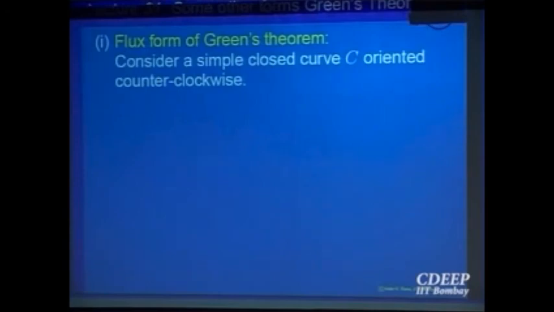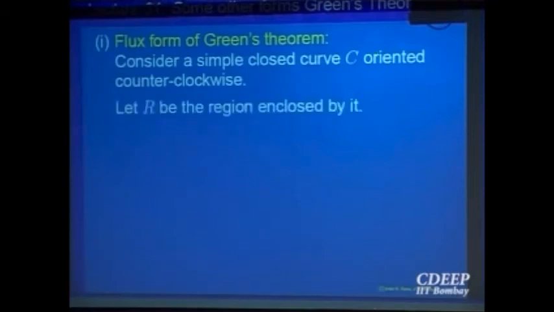I will now state another way of writing Green's theorem in the plane, what is called the flux form of Green's theorem. It helps you analyze the flux: remember, when a fluid is flowing, we computed what is called the flux, how much fluid is flowing across a curve in the normal direction. That is coming now only for plane curves, for plane fluid flows, and we are going to analyze that.